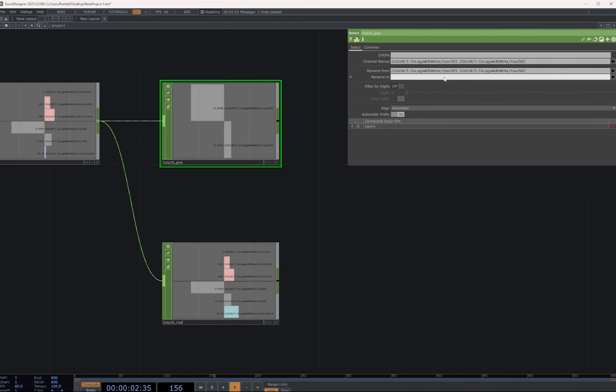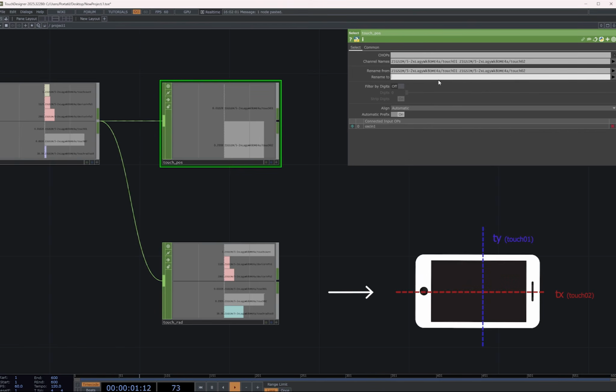So the first one is touch 1. We have to decide in what position we want to have our phone. In my case, I'm using it in horizontal. So when my finger is on the left, usually it's the lower part of the phone, but for me now, it's gonna be the left because I'm using it like a controller, okay? Here I have my finger on the left part, and here on the right part. So we see that touch 02 is my X